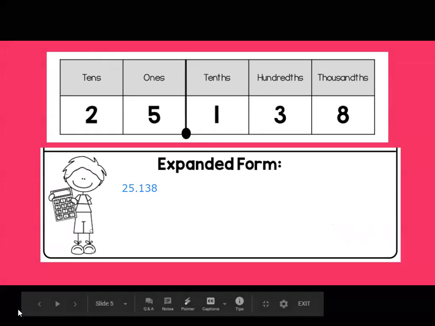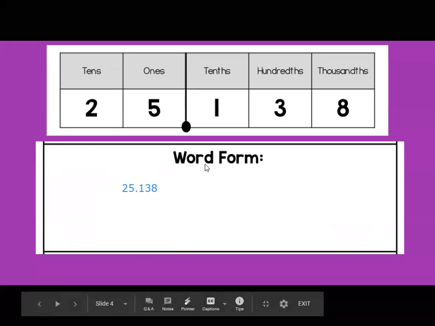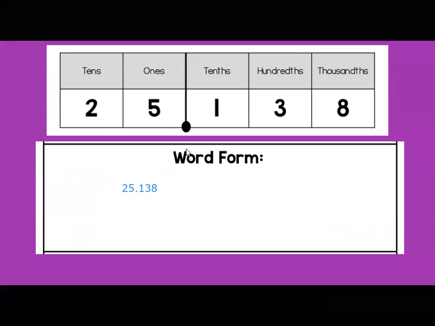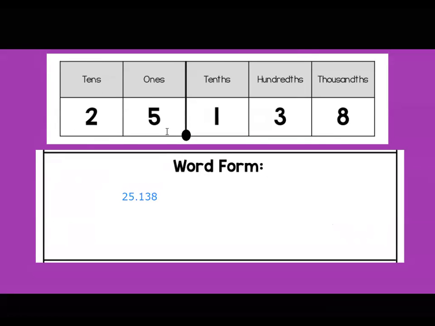So we have that same number, and we want to now write it in word form. So when we write it in word form, since we have a whole number part and we have a decimal part, we want to take it in a couple of steps. So the first thing we want to do is look at what comes in front of the decimal. So here's our decimal. In front of the decimal, how would we read this two-digit number? Well, we would read that as 25. So that would be the first thing we would want to write,